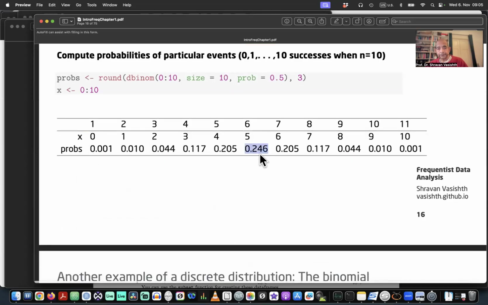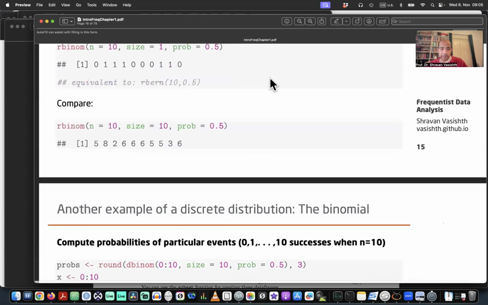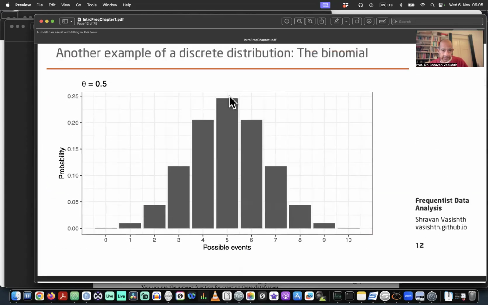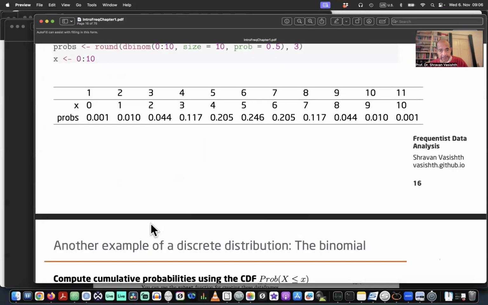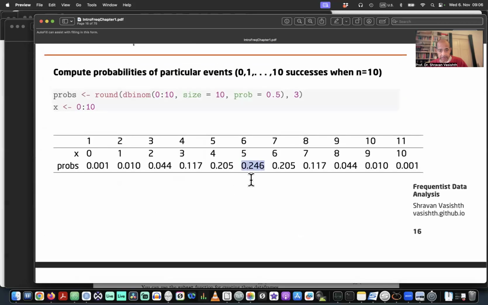If you remember, I'd shown you graphically the probability of getting 5 heads in 10 coin tosses when the probability of success is 0.5. I showed that here. That's a number very close to 0.25, and that number is exactly 0.246 here. Okay, so that's